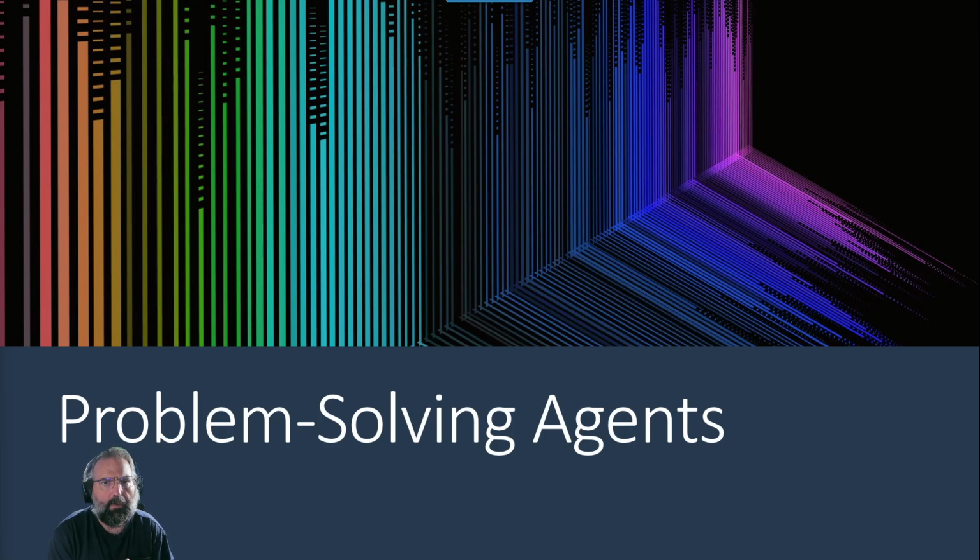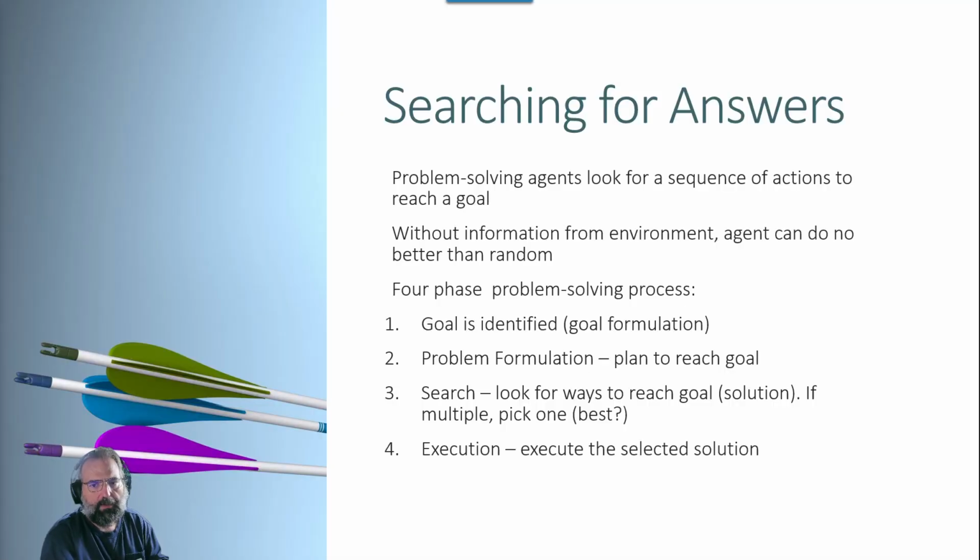And as you recall from our previous conversations, an agent is a thing that has sensors of some sort that it's able to make observations about its reality, its environment, and then it's able to interact upon that environment in some way using some sort of actuator that changes the environment potentially, or at least the agent's location inside of that environment. So when we solve problems with agents, as the name would imply, we're looking for ways of finding answers to problems that exist in some domain, some environment, and so that's really what this is all about.